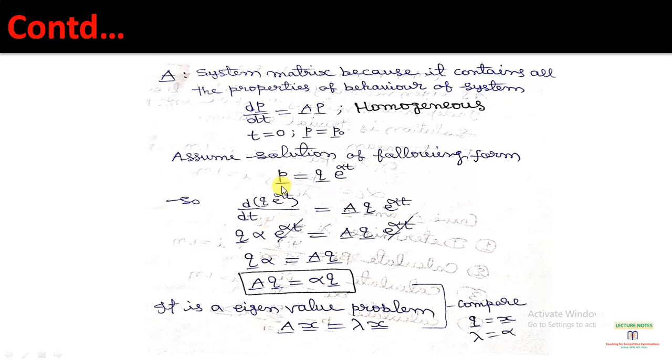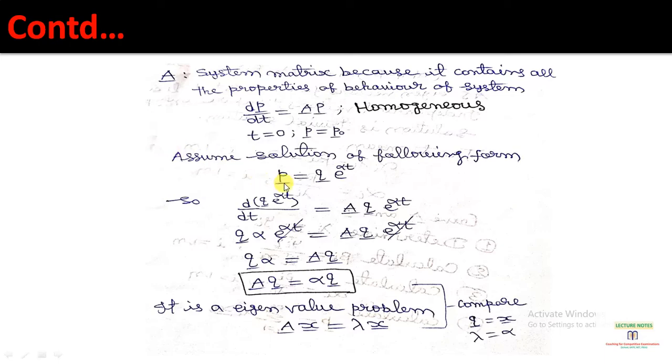Okay, so this is a solution, p equals q e to the power alpha t. This solution we have assumed. Now we will solve in reverse order. So this is the equation. Now we will check whether our solution is correct or not. We will put our solution in the equations. If the equations are satisfied, then our solution is correct. If not satisfied, then it is not correct, and we will try to calculate a correct solution.